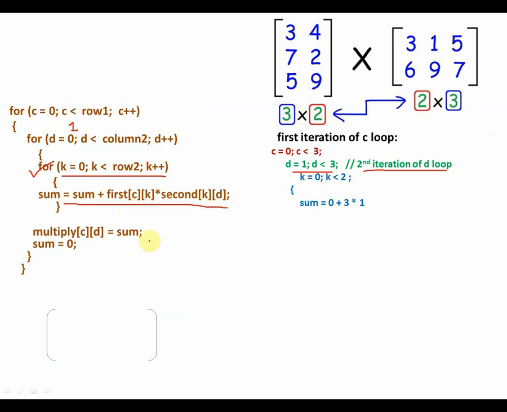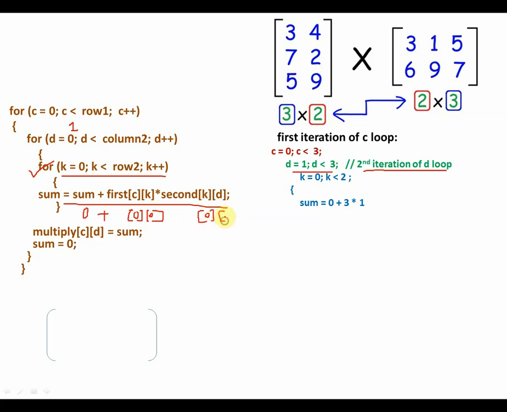Let us solve it. First time sum is 0, obviously, because you know that sum was initialized to 0 in the last few steps, plus a of C. What is C? C is still 0. And what is K? K is now 0 as well, because the first time K is 0. Now what is the second value? b of K, 0 again, but the D value has changed this time.